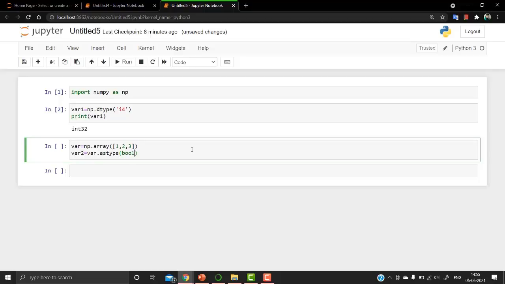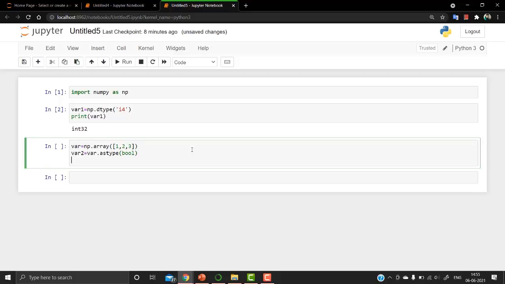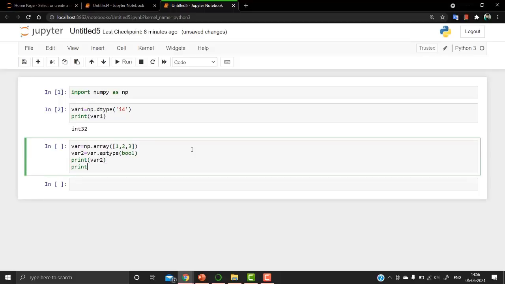So boolean type, and then we print. Print var2, and print var. So both we are printing. When you are printing, you can also check with the dtype. If you want to check the dtype, you can check var2 dot